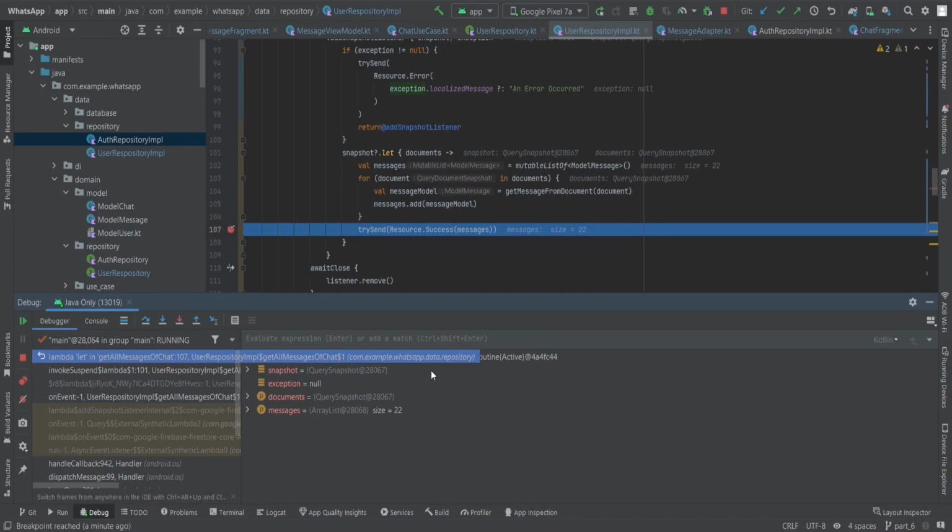If the message fragment is not open, then the listener is not going to open, so it is not going to get the message. For that purpose we use Firebase Cloud Messaging, FCM. That's how we tell the user that we have a message for them from this person. So we are going to use that in the next one.